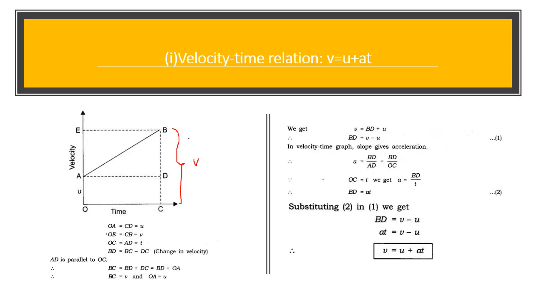Students, now let's see velocity time relation. These three derivations are important questions in this lesson. These are important 5-mark questions, so study carefully. Velocity time relationship, V equal to U plus AT. Let's see. Consider the velocity time graph of an object that moves under uniform acceleration. Consider an object is moving from point A to point B with uniform acceleration.